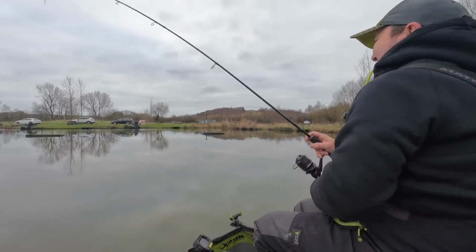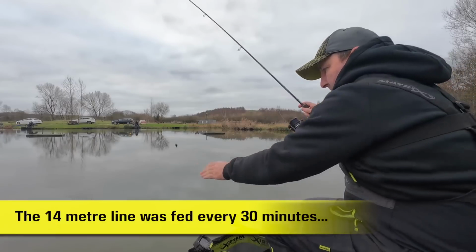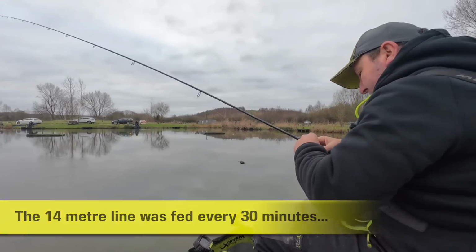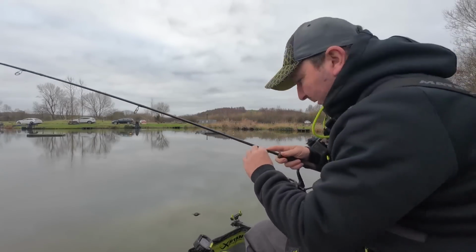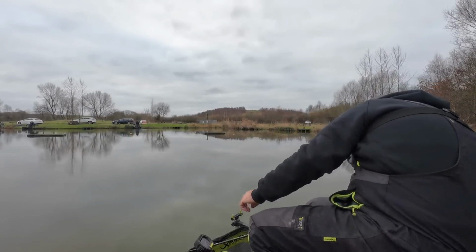So just gonna top that skimmer line up. I haven't even put a hook length on that rod yet. I've no need to. Like I say, hopefully I'm not even going to be picking it up. Hopefully I'm just going to keep picking off carp and I can stay on this, but I've got to keep